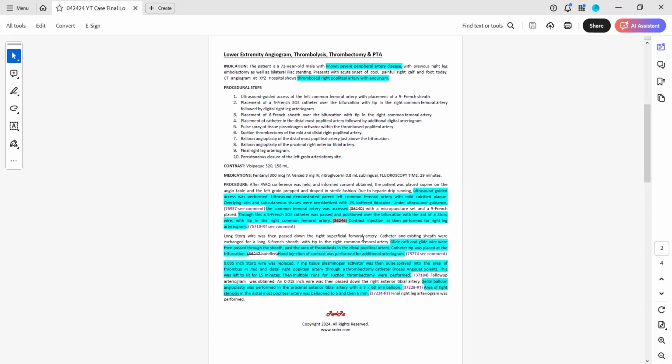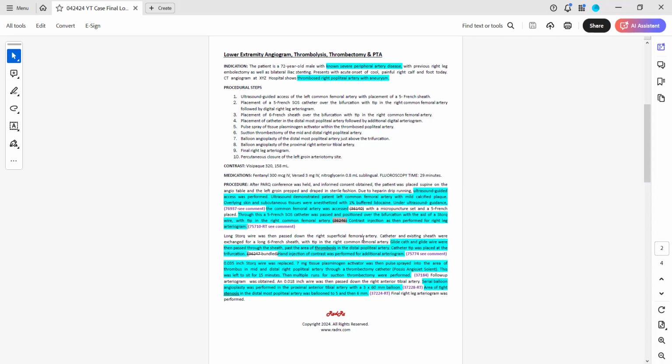So now let's take a look at the procedural steps. We start out with our ultrasound guided vascular access. Then from there, the catheter is placed for right leg imaging. Then in step number 3, the catheter is placed over the bifurcation with the tip in the right common femoral artery, placement of catheter in the distalmost popliteal artery, followed by additional angiogram for step number 4. So we had our initial imaging that occurred with the catheter in the right common femoral artery. Then the catheter was moved further down into the popliteal artery, and then additional imaging of the lower extremity was